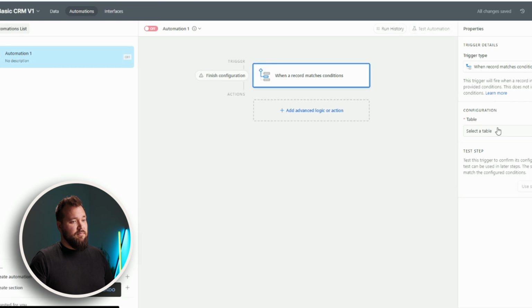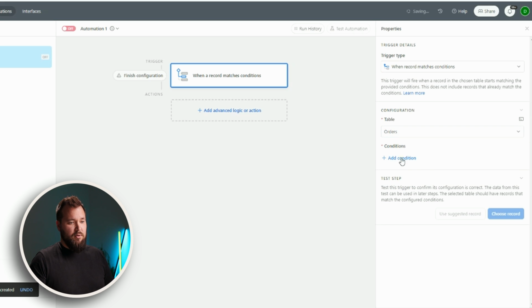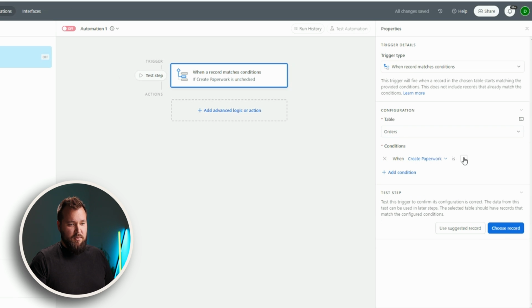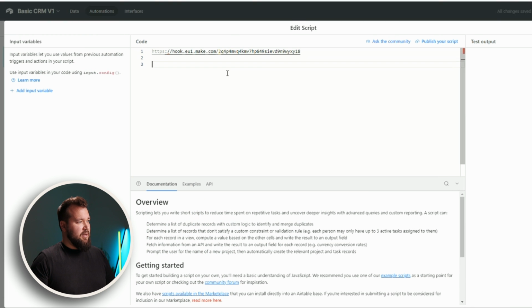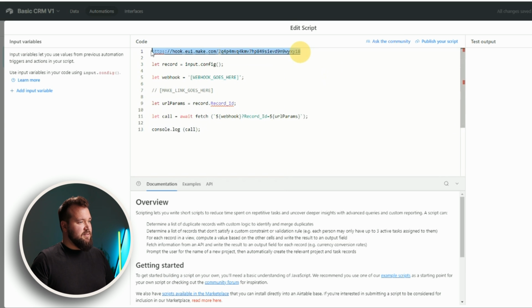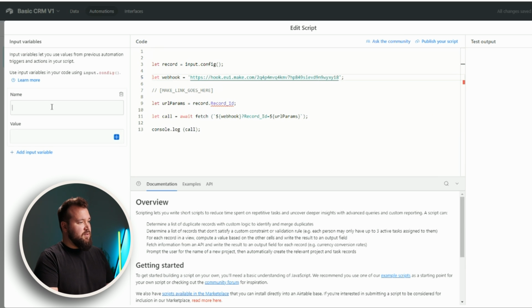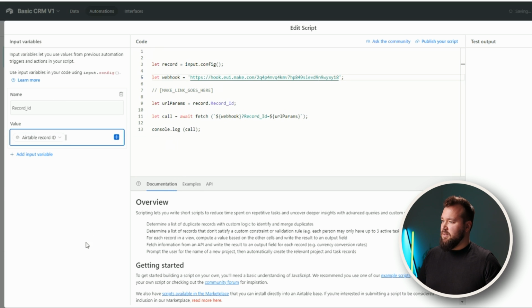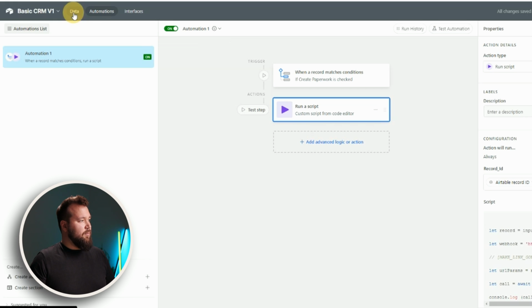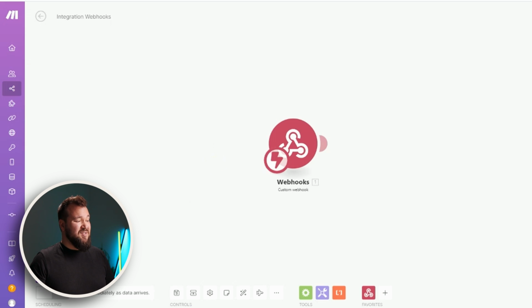Automations. When the record matches those conditions, in other words, my order has that check mark, I will then trigger my trusted script. So let's paste that webhook and then paste the script. I'm going to take that webhook and put it over here. The next thing I want to do is add my input variables. So record ID, and the value is going to be my Airtable record ID. Finish editing, turn this on, go back to data, get my webhook to start listening